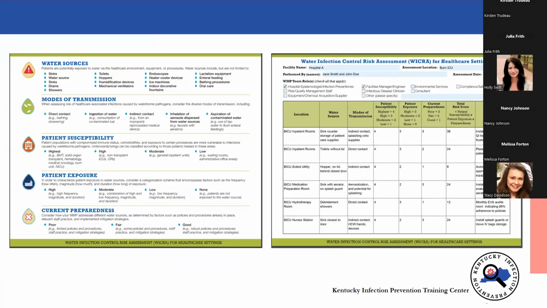So what we're going to do now is go through and look at some scenarios. I will show you all some pictures, and then if you can just put into the chat there what you think would be some of the maybe the risk or some questions that you would ask about each of these scenarios. So I believe everyone should have access to put comments in the chat.